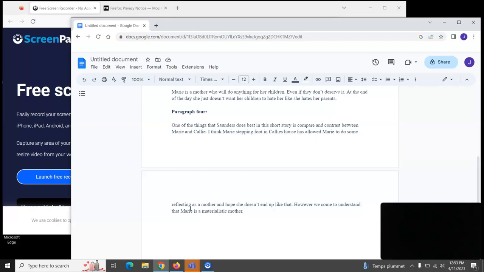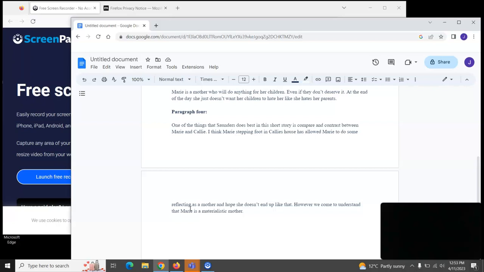She's obviously very wealthy. Callie, on the other hand, her husband or boyfriend is a farm kid who didn't have much of that stuff growing up. Her son loves to play outside. He's a wanderer. He has to be tied to a tree. They're kind of seen as white trash, if that makes sense. So I think the author did a really good job in comparing these two. It makes me come to understand that this is another thing that Marie doesn't want to go onto her children.